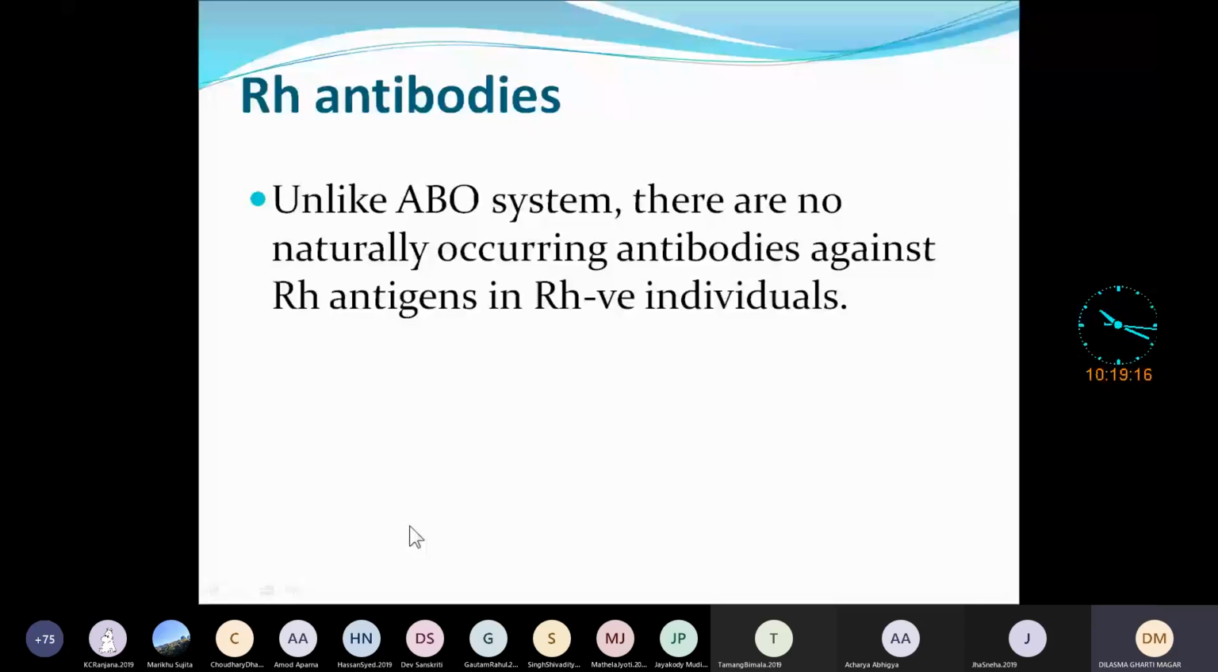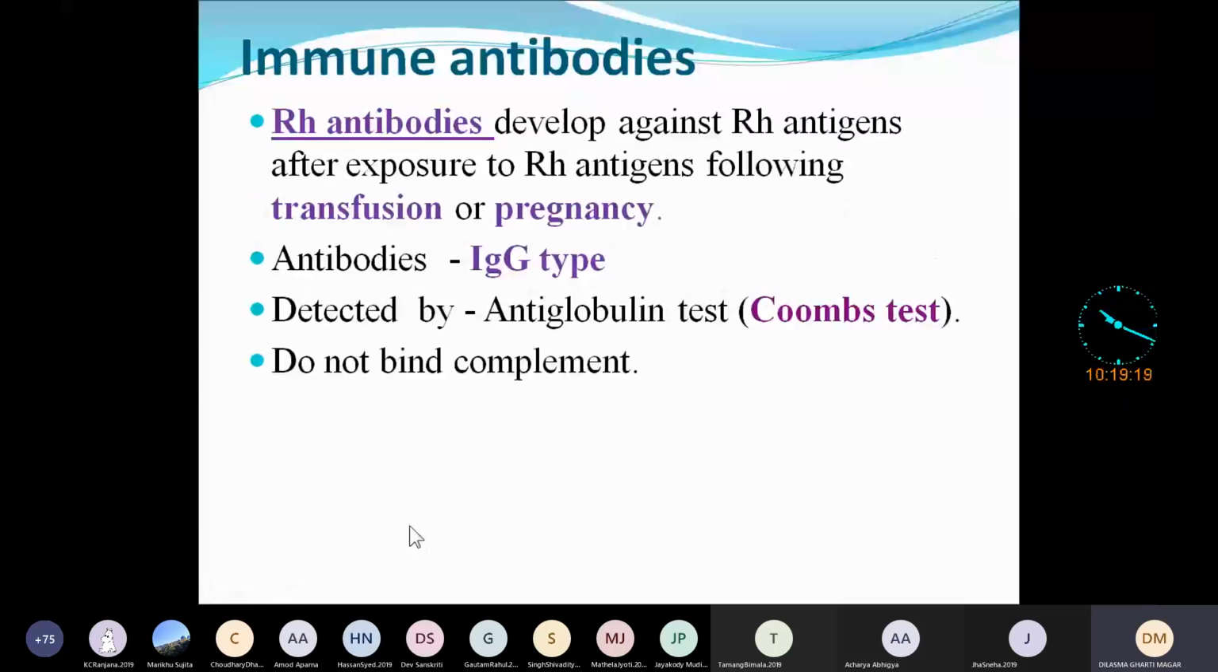Now we'll come to the immune antibodies. Rh antibodies develop against the Rh antigens after exposure to the Rh antigens following transfusion or pregnancy. This sentence means, suppose if a person is